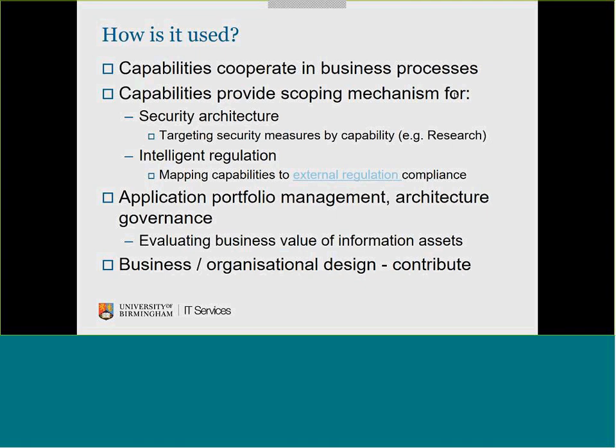It's convenient to use it as a scoping mechanism for, say, research activities, because we're really protecting research data, and it's necessarily organised because researchers are also employees of the university and they have various other